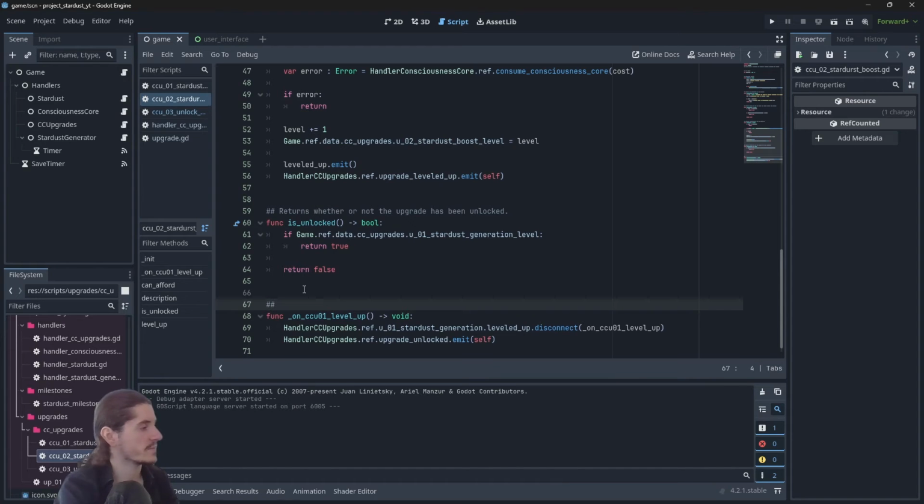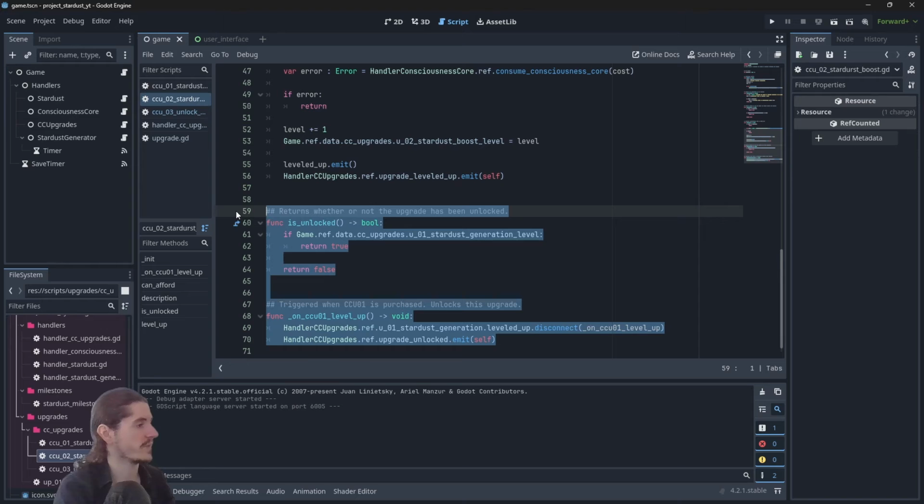So let's document this before copying. Triggered when CCU01 is purchased, unlocks this upgrade. Right. So let's copy both those methods,